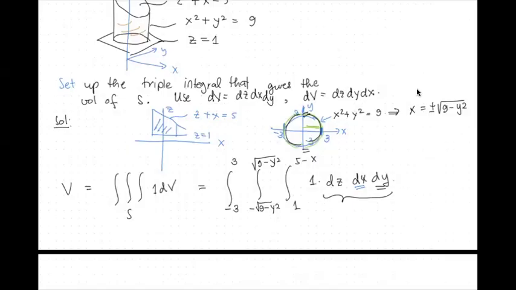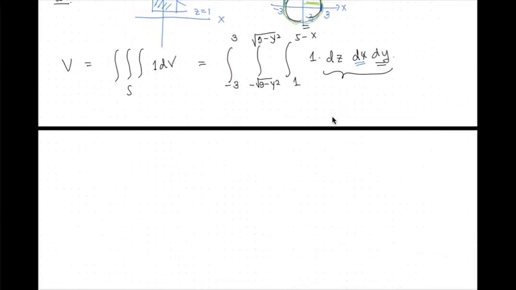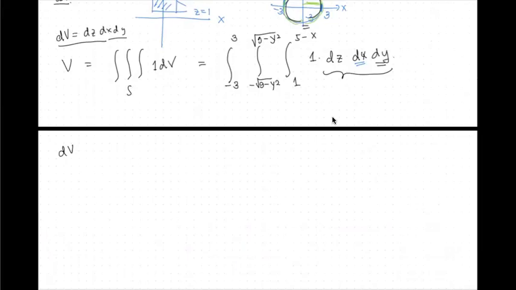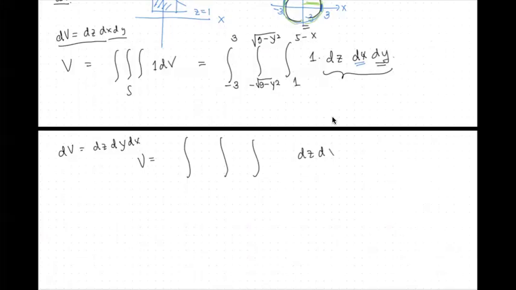Any question on this example? All right. Of course, we can also use dV equal to dz dx dy. The question of your classmate earlier is the following: how about dy dx? Of course, because of the symmetry here, your dz, dx, dy muna, dy dx. So z is the same. So 1, 5 minus x.